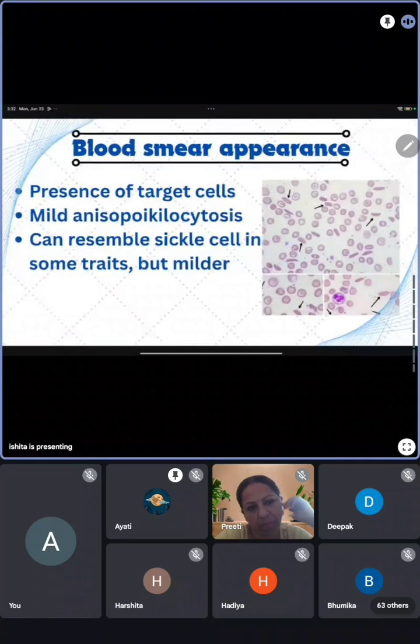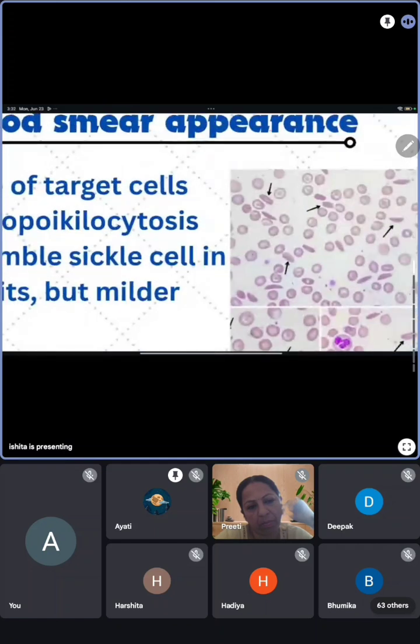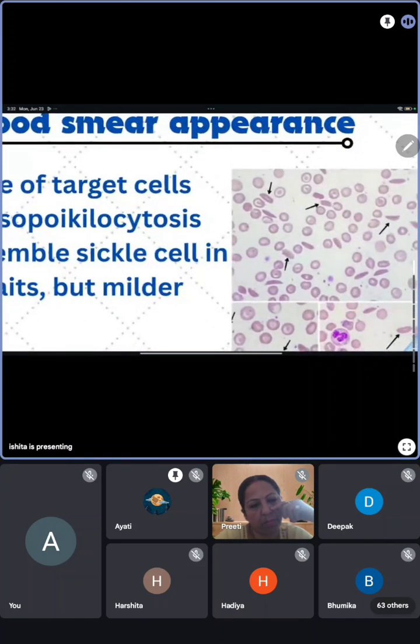Now here we can see the blood smear appearance of the hemoglobin C disease patient. Here we can see the patient's PBS. The RBCs show anisopoikilocytosis, which means they vary in shape. Normally, the RBC shape is biconvex, but